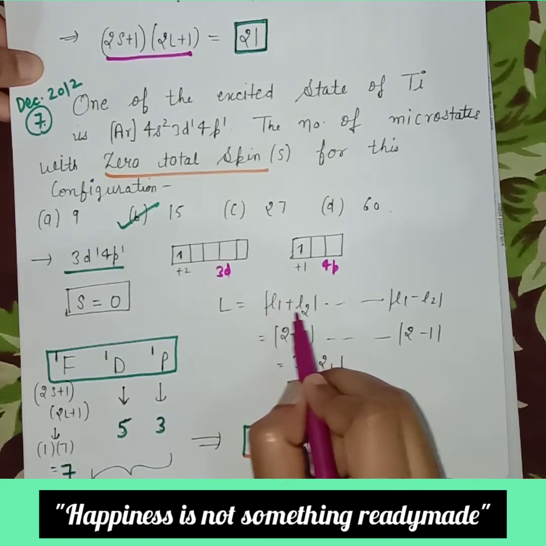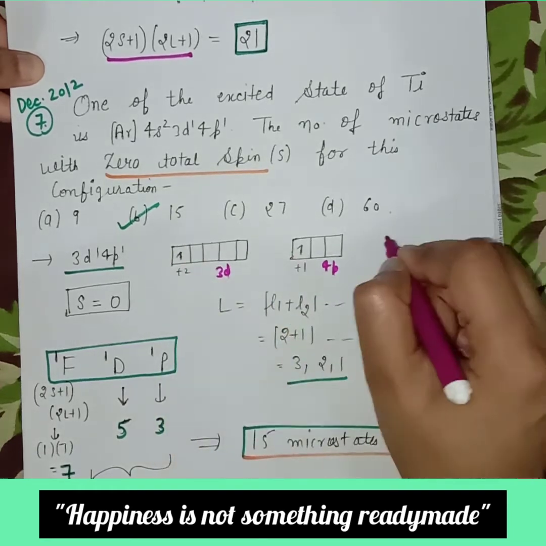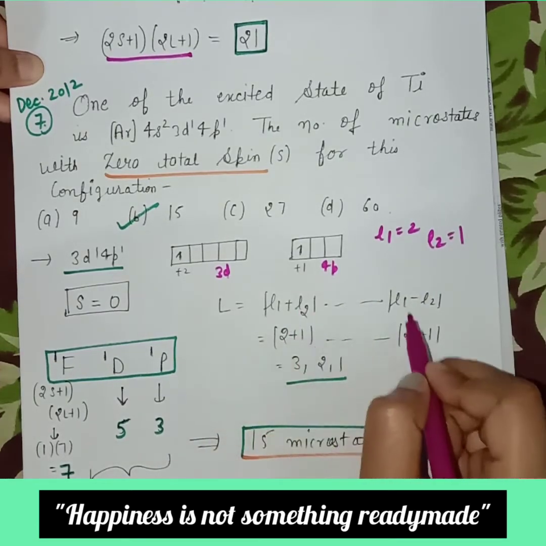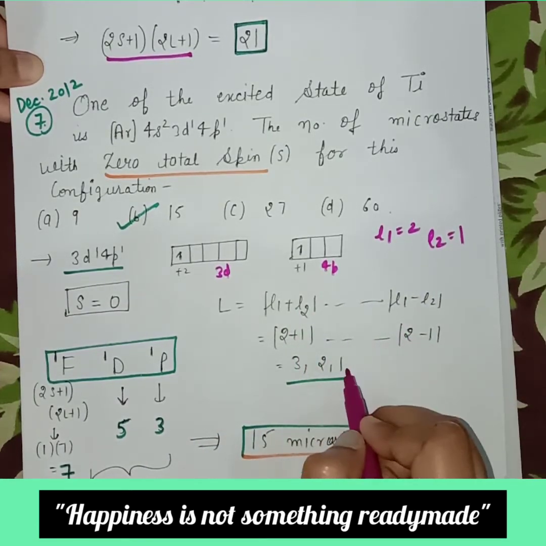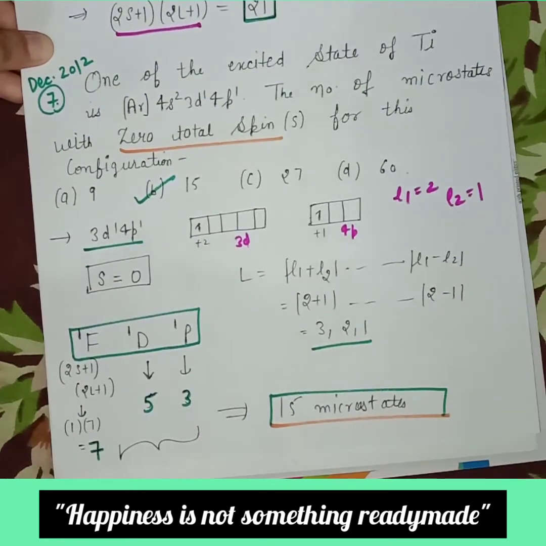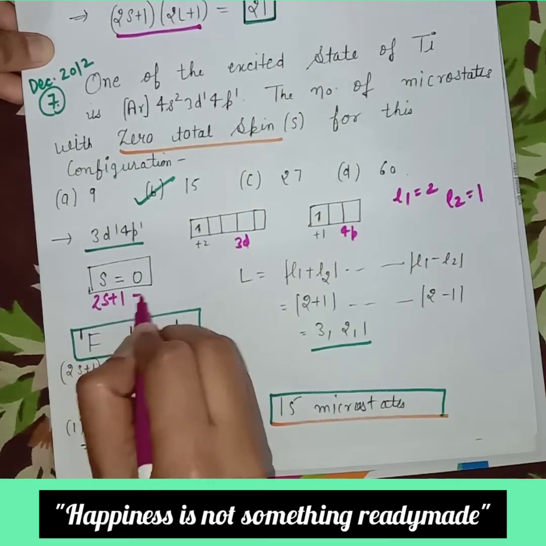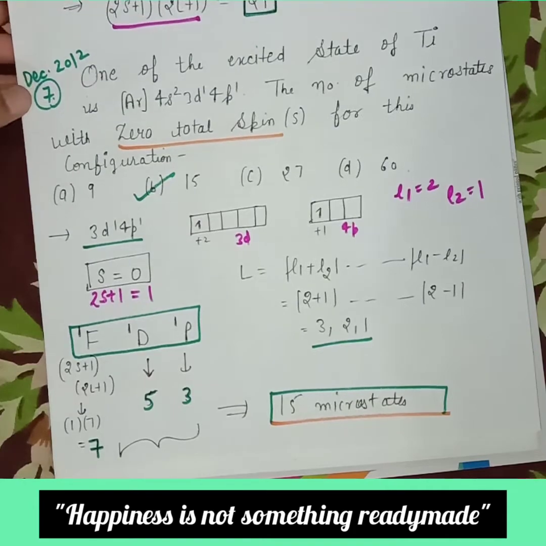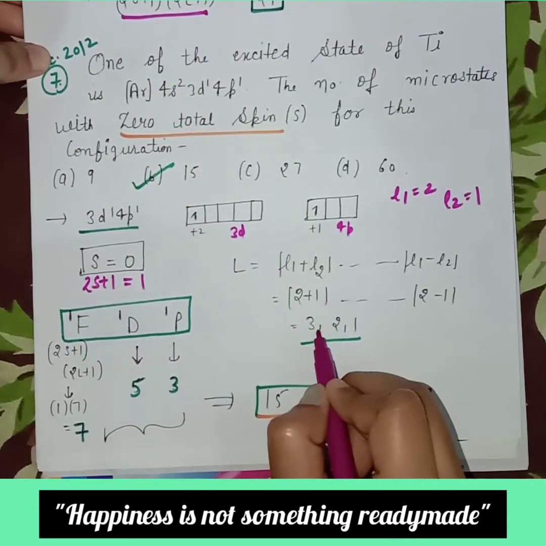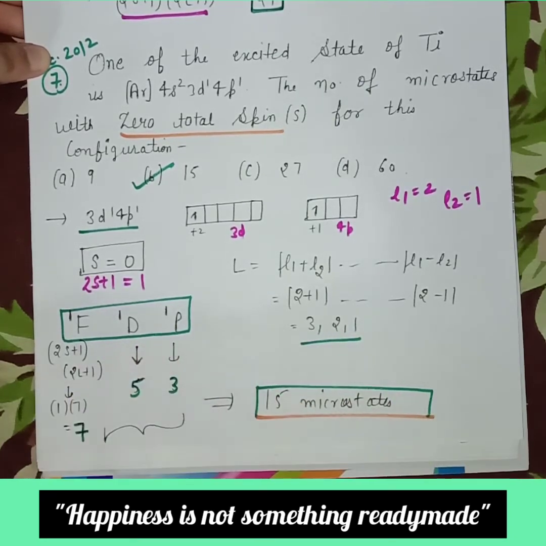Here there are 2 different orbitals, so the value of L varies. L goes from L1 plus L2 to L1 minus L2. Here L1 is equal to 2 and L2 is equal to 1. So 2 plus 1 and 2 minus 1, that is 3 and 1. The values between 3 and 1 are 3, 2, 1. And the value of S is equal to 0 here, so spin multiplicity is equal to 1 in each case. So we have L values 1, 2, 3, that is 1P, 1D and 1F.